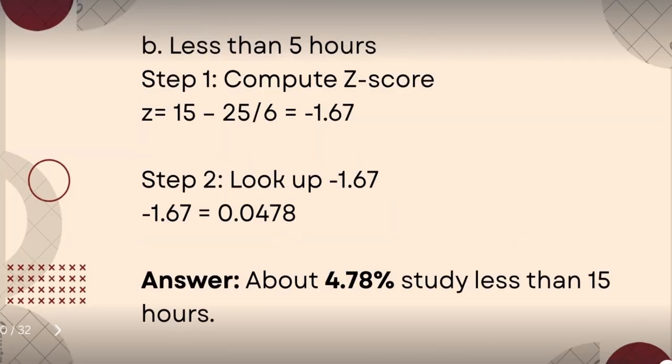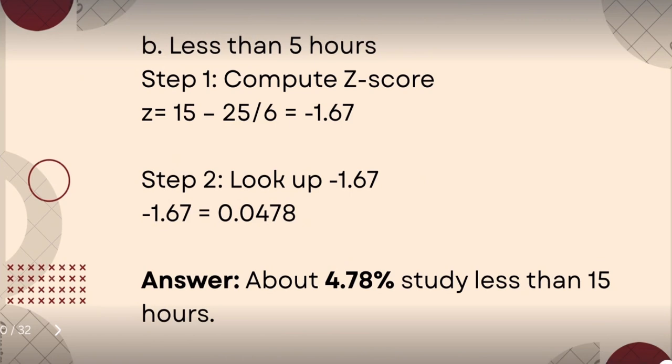Next, B. Ang hinahanap naman natin dito is yung less than 15 hours. Step 1, compute z-score. So, z is equals to 15 minus the mean 25 and over standard deviation 6. Ang sagot is equals to negative 1.67. Ayan na yung z-score niya. Step 2, look up the negative 1.67 sa table. By the way, yung